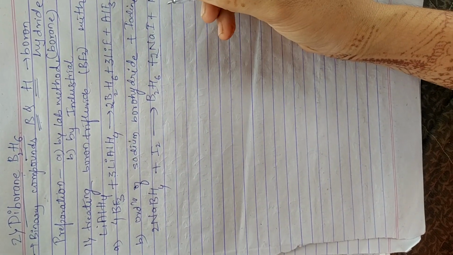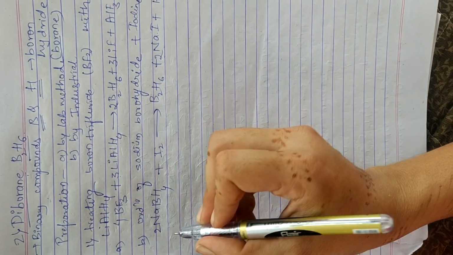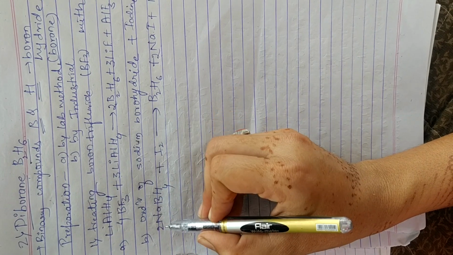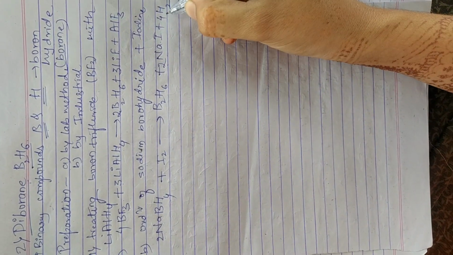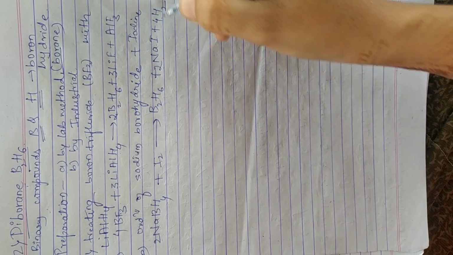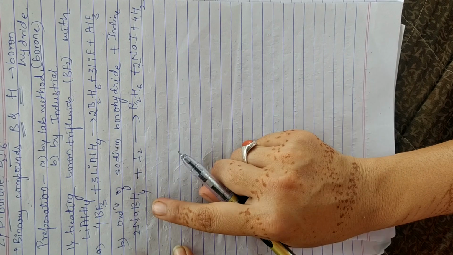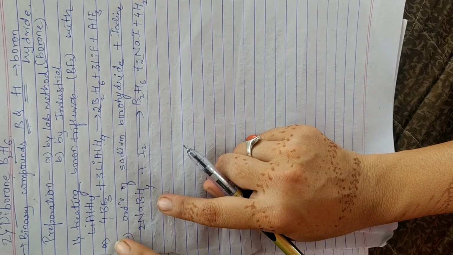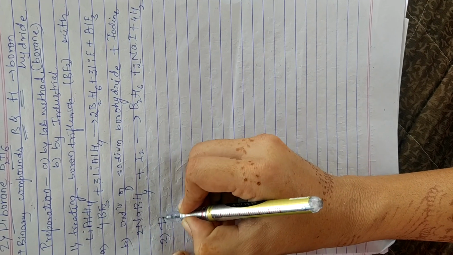Here iodine also 2 is there. Next, here hydrogen becomes 8 molecules. Therefore, we substitute 4 for hydrogen. This is the balanced chemical equation. This is the first method of preparation by the laboratory method, and the second method is